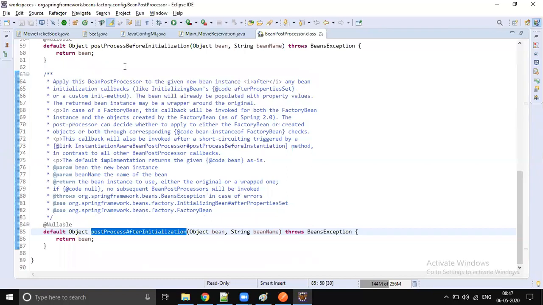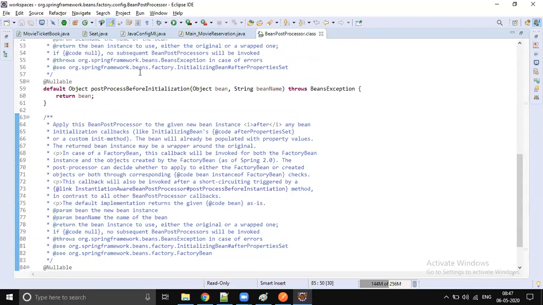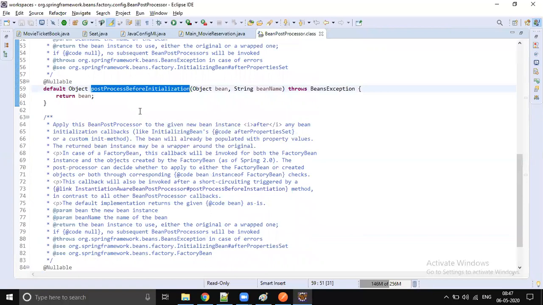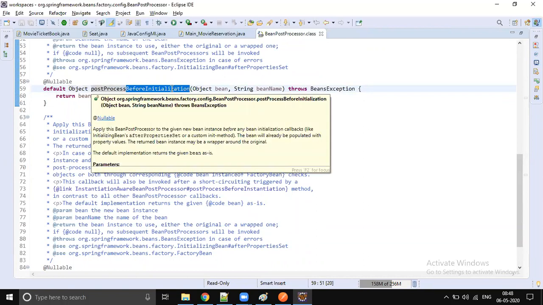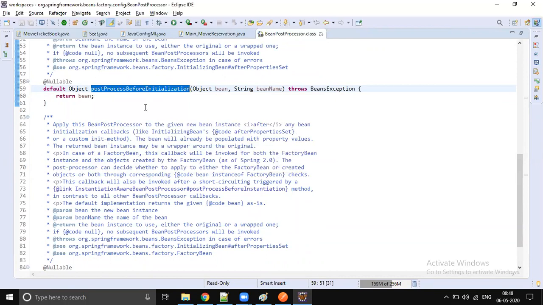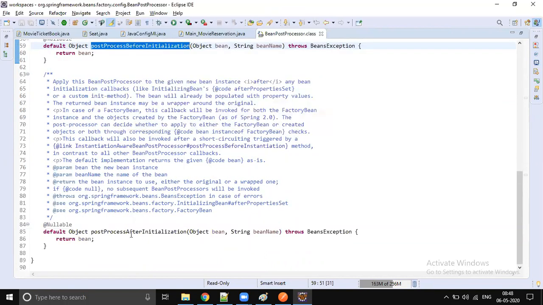The method naming convention itself makes you understand when these methods will get executed. postProcessBeforeInitialization runs before PostConstruct, or before the afterPropertiesSet or init method execution. It executes immediately after the constructor and before your init method.